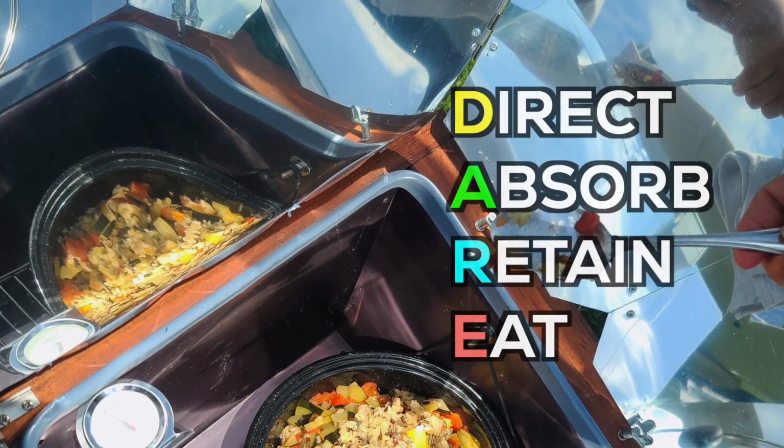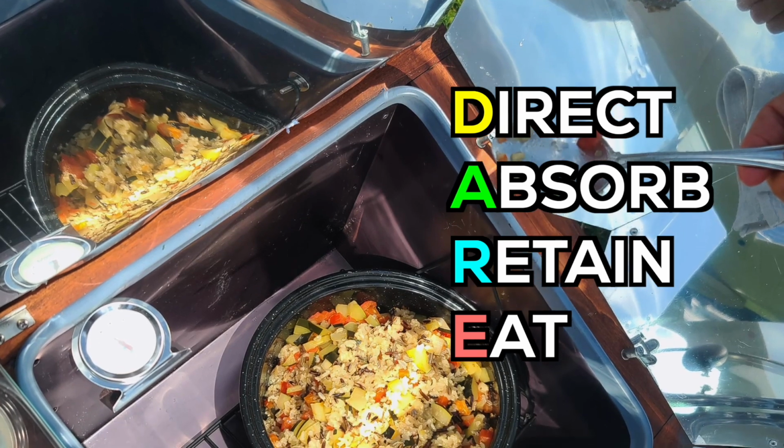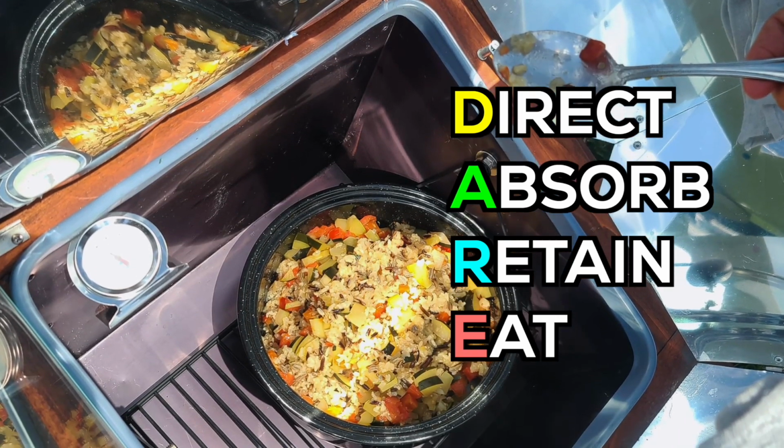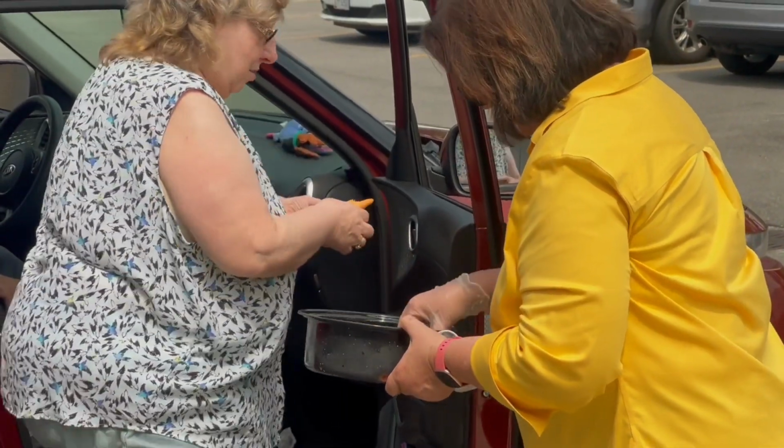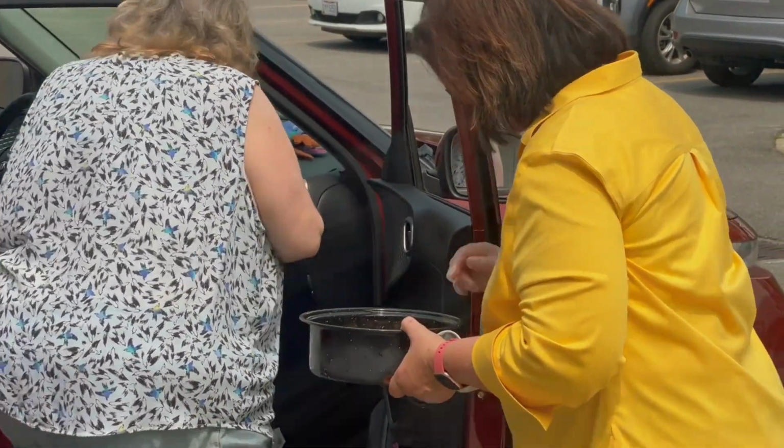And the next step in DARE is R, which is retain. You have to find a way to retain or keep that heat in. And as you keep that heat in, it just builds and builds like a regular oven. And you can begin cooking food inside the solar oven. And then the E, of course, it's food, right? So it's eat. As the two solar sisters, so to speak, handed out their baked items, there was no doubt